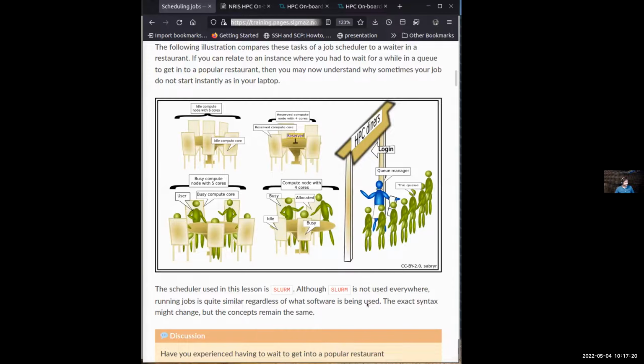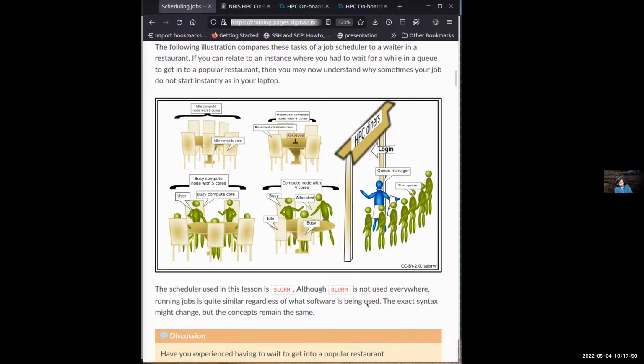In this diagram that we have created, Bjørn, do you see this diagram well enough for me to explain? Yes, I see it well. Okay. So Bjørn, do you remember a time that you went to a very popular restaurant, and there was a queue because it was booked?